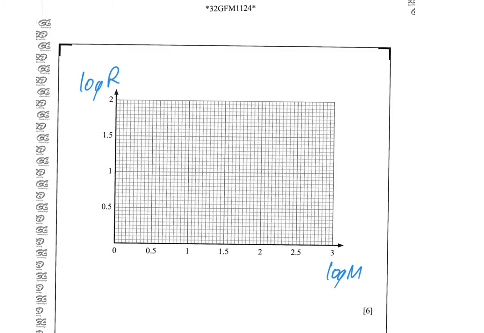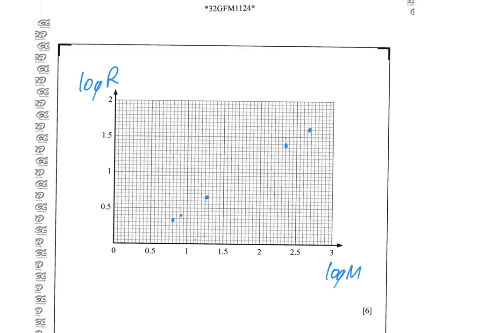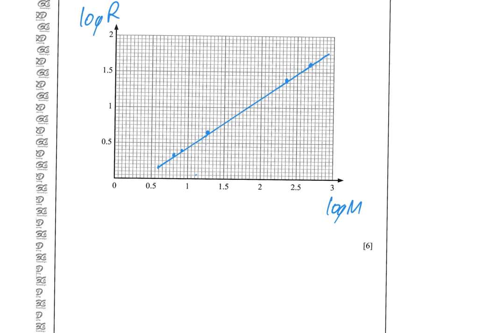So I will again pause the video and do that. This is not going to be perfect. Okay, I have plotted those as best as I could, and then just draw a straight line through them. So again, I'll pause the video and draw a straight line, and you can see we've got our straight line. Okay, right. We have to just say something along the lines of the straight line